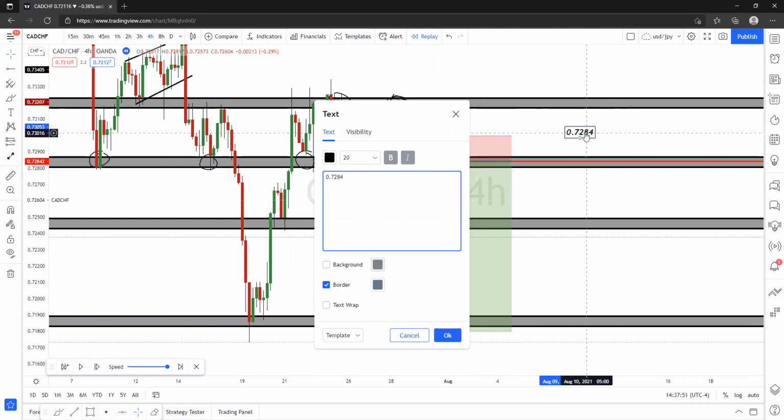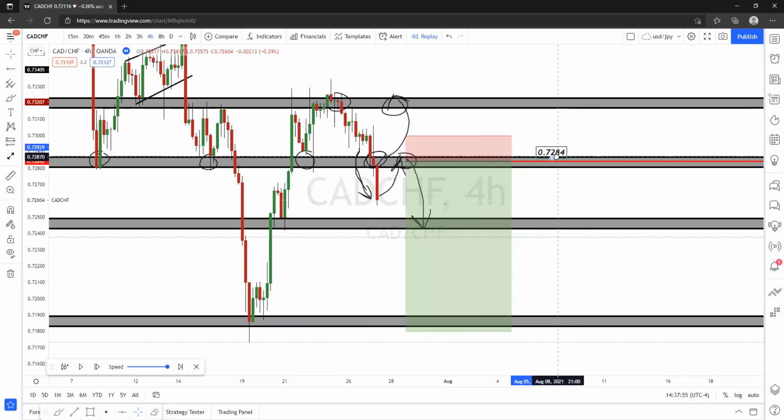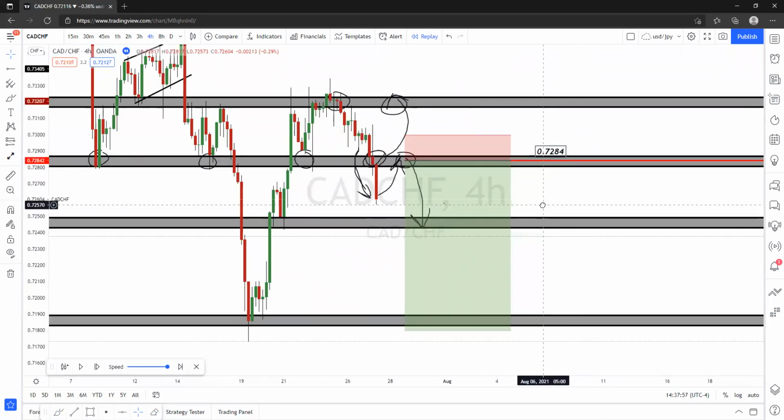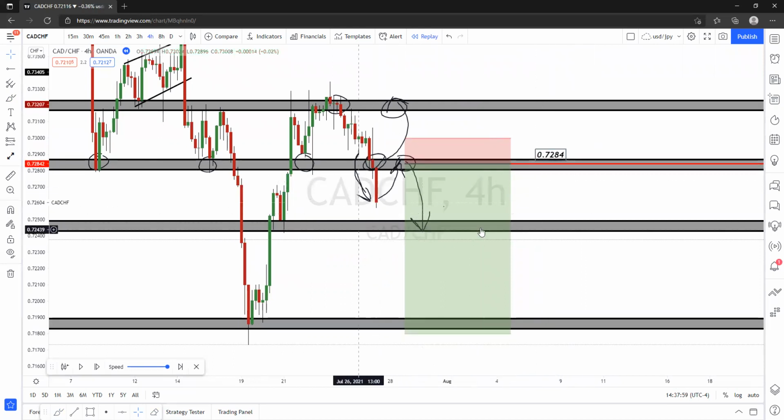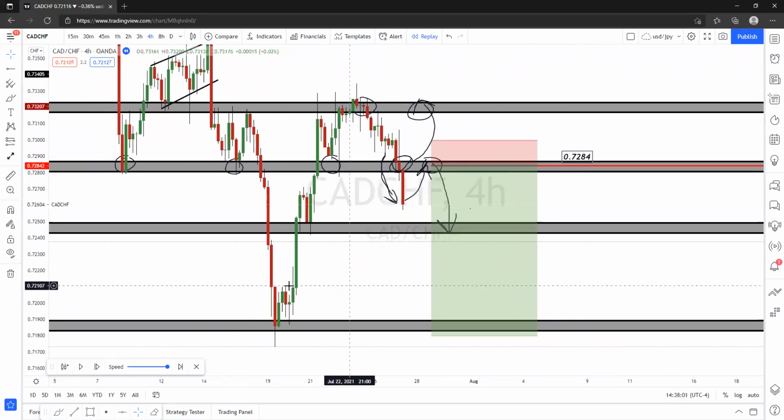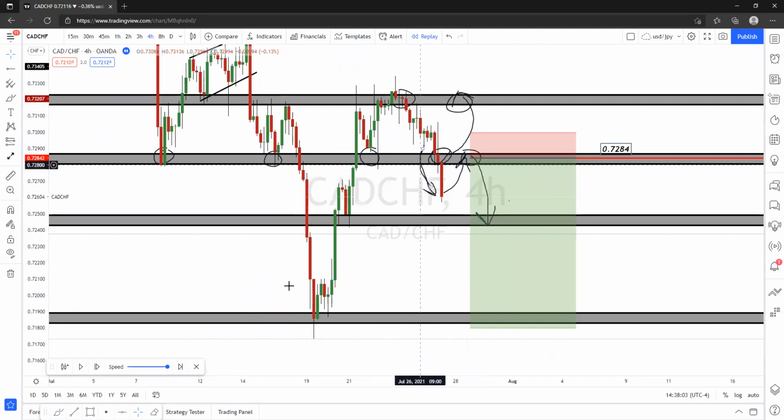0.7284. We can say it's somewhere around that level. And it's easy, right? You can mark it up just like that because that's going to be your entry. And then everything below it is going to be your TP2. Now, talking about the pullback, if you see price action fall down on the 4 hour, you want to